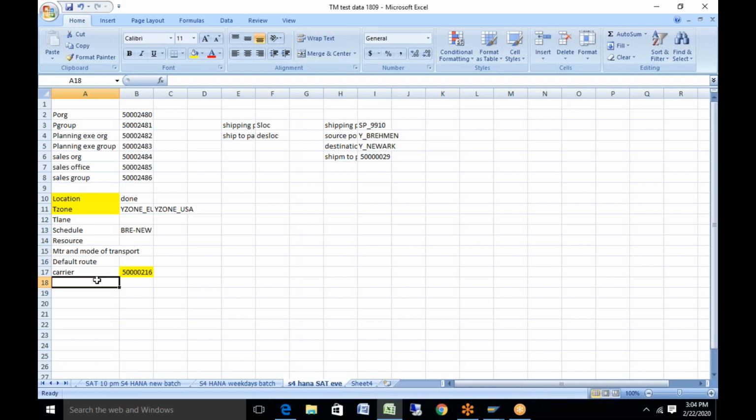Then we have certain other resource types called calendar resource and handling resource. These will come into details later on, but a major objective is to play around with the resource concept. Before you come into resource, you have to know two things: what a mode of transport is, and what a means of transport is. So if I go to the configuration, first of all.